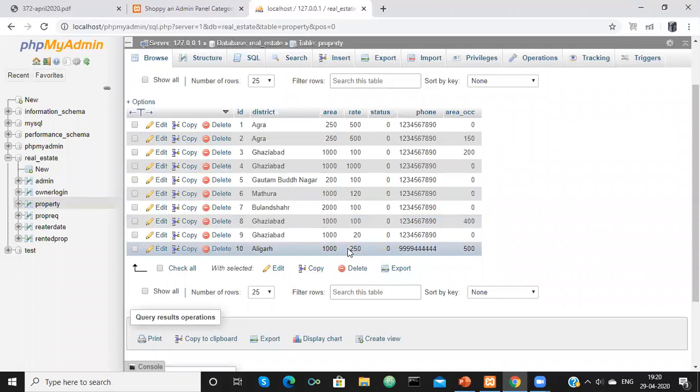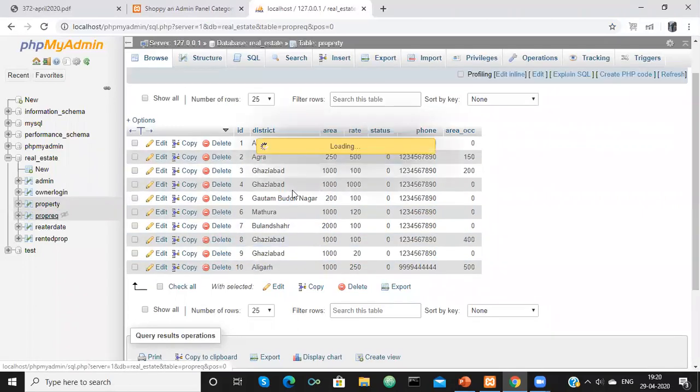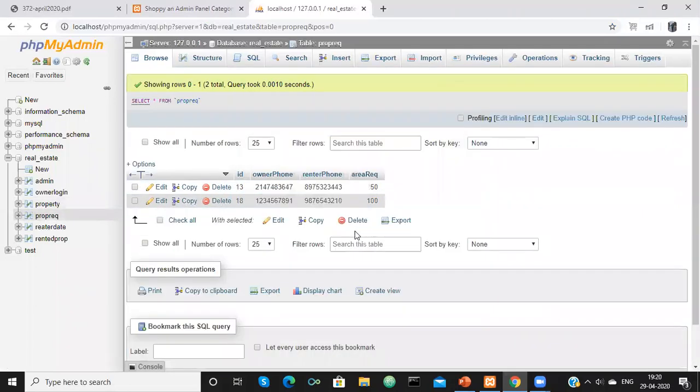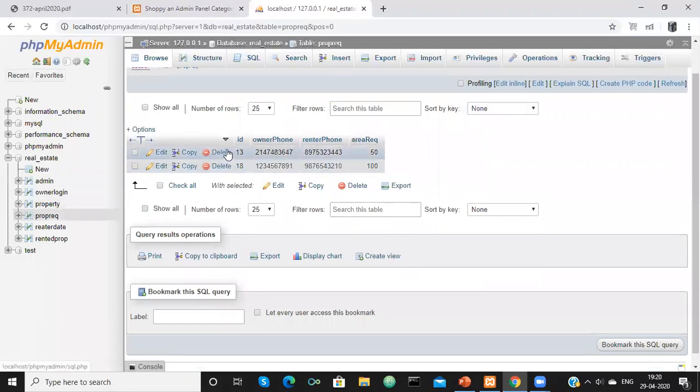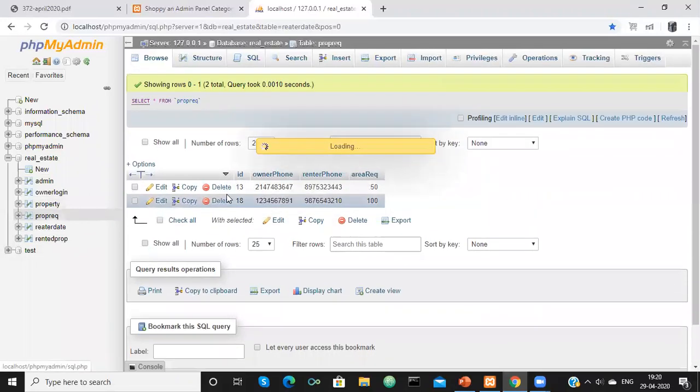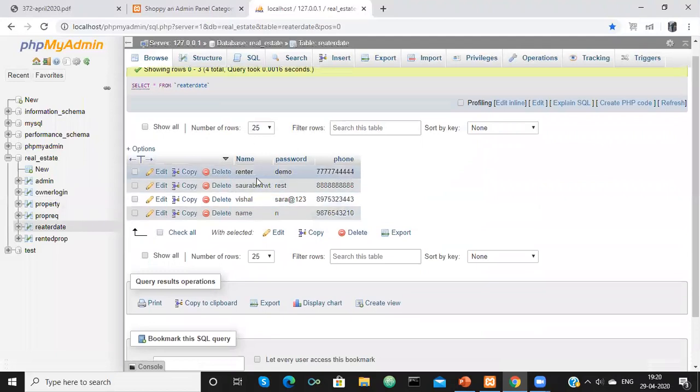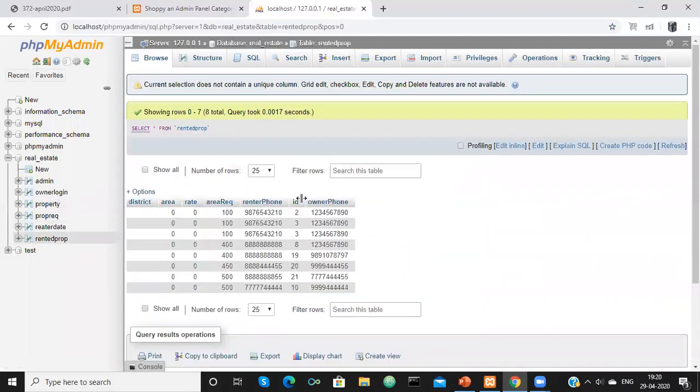This is the property that we just added. These are the property requests that are still pending. These are the renter login details, and these are the renters. These are the dropped properties which have been released by the renter, by the owner.